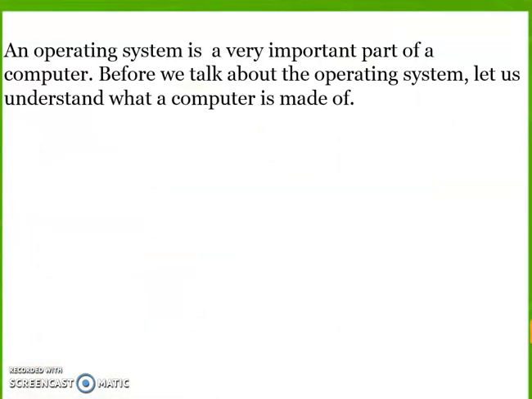As we know, an operating system is an important part of a computer, because if we want to talk with the computer, then we need an operating system. The operating system is the way of communication between the user and the hardware. Hardware is your computer and the user is you. If you want to communicate with the computer, if you want to give the computer a task, then there must be an operating system which can help you to communicate with the computer.